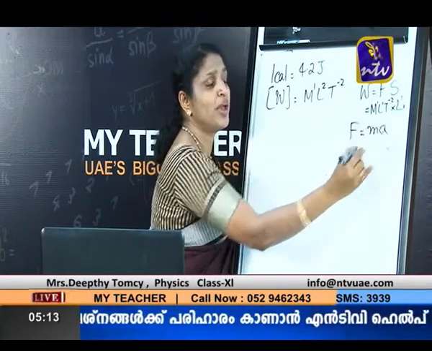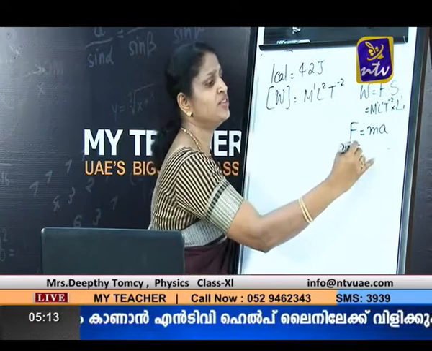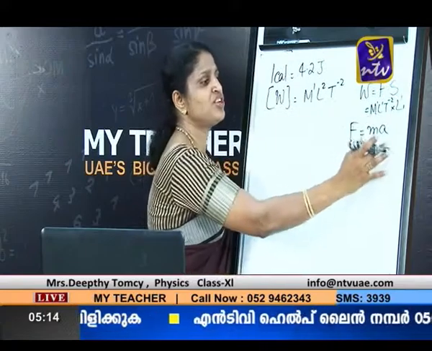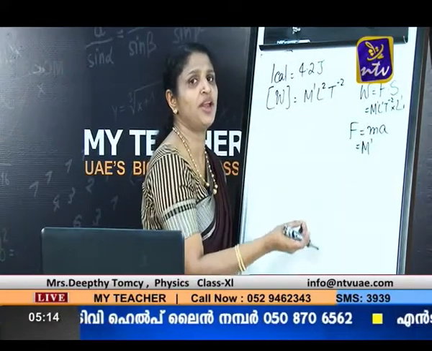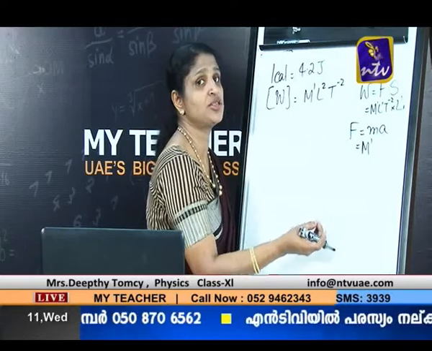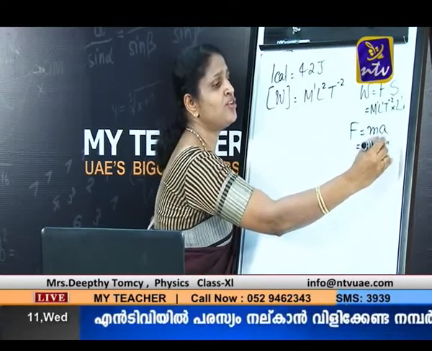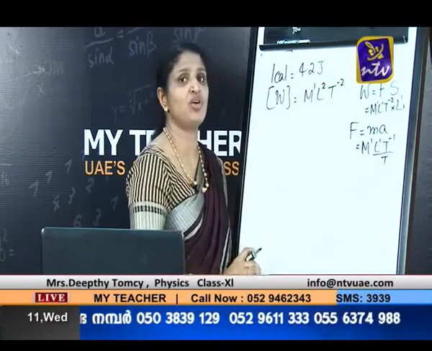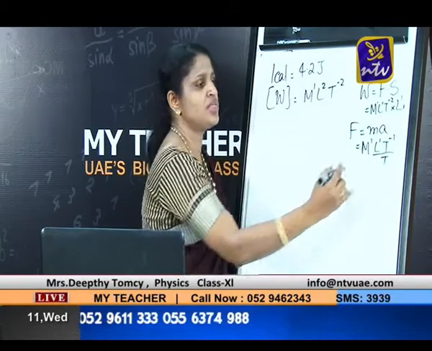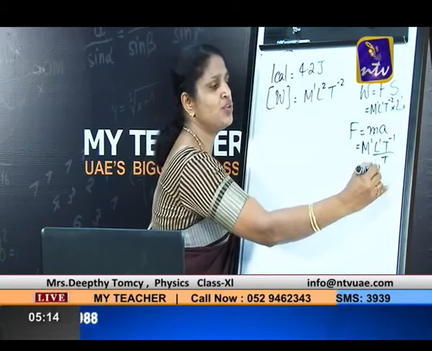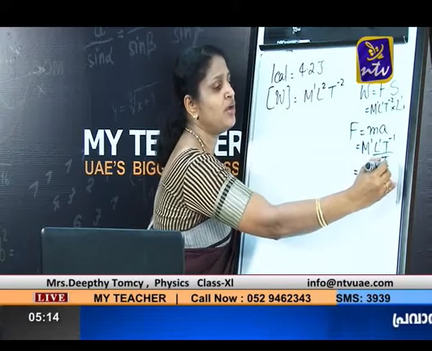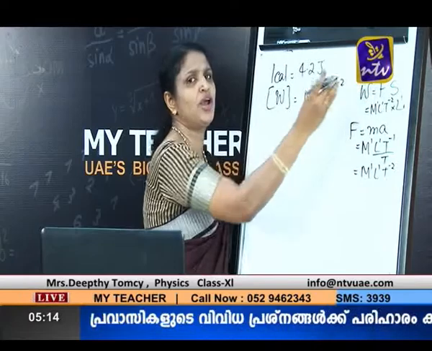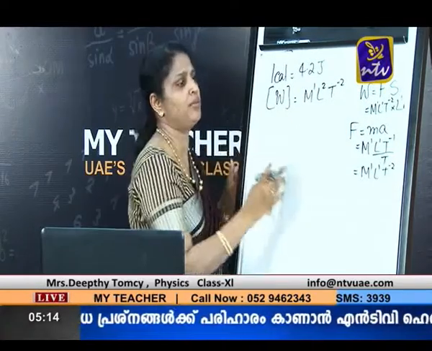We know that force is equal to ma, and mass is written as M raised to 1 because mass is a fundamental quantity. Acceleration is change in velocity by time. Velocity is distance by time. From that you will get L raised to 1 T raised to minus 1 divided by time. Change in velocity by time is acceleration. Thus we get the dimensions of force as M raised to 1, L raised to 1, T raised to minus 2. Using these dimensions of force, we can easily find out the dimensions of work done.